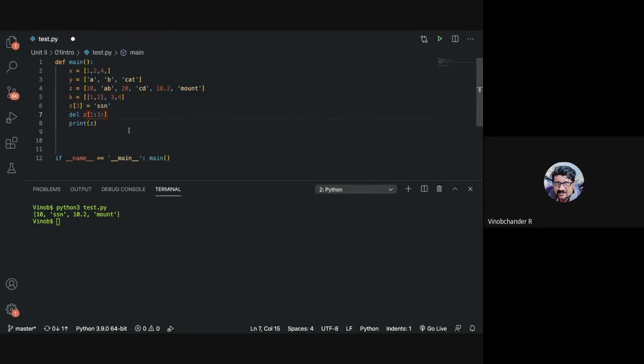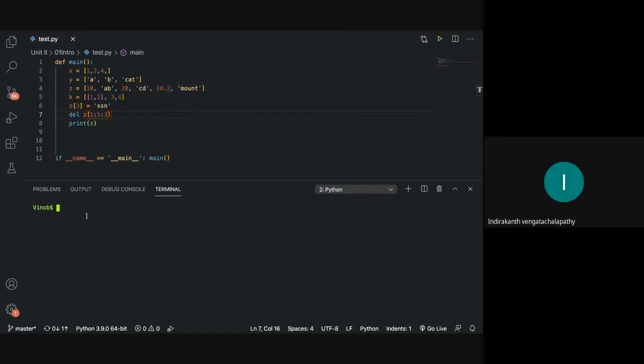You can specify a count also. In this case, one, two, three. 10.2 is gone, right? Yes, sir.